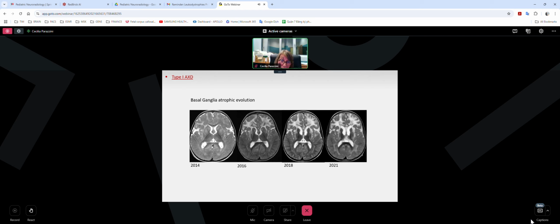To show you how at the beginning of the disease, basal ganglia may be swollen, but then they become atrophic. And here you can see also a progressive reduction of thalami volume, and also an increase in ventricular size due